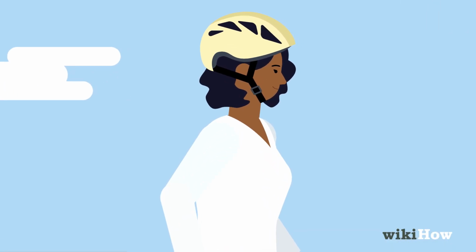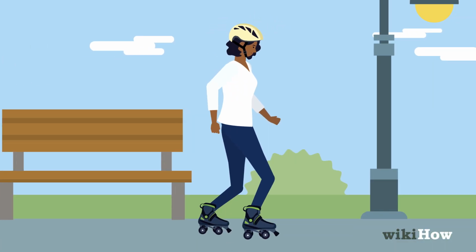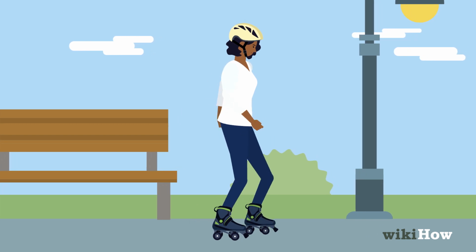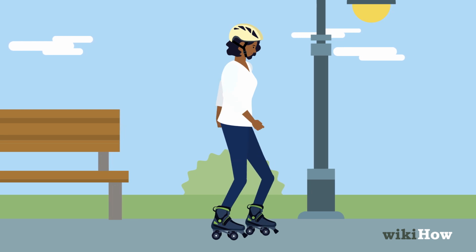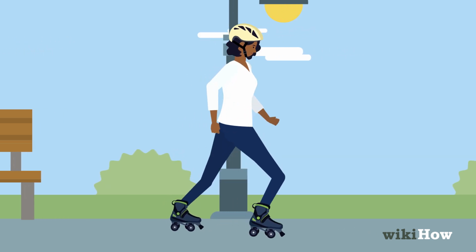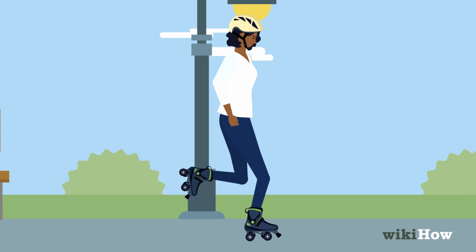Keep your back straight as you take a few small steps forward to find your center of gravity. Once you're comfortable taking steps, practice taking longer strides by pushing off of one foot while extending the other out